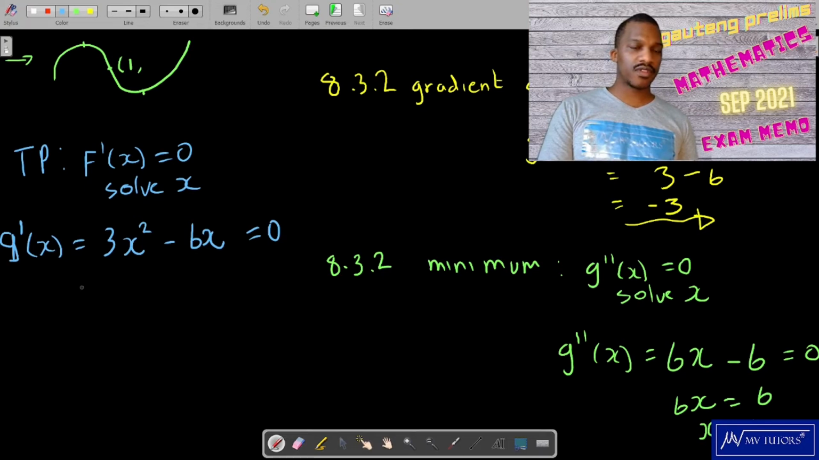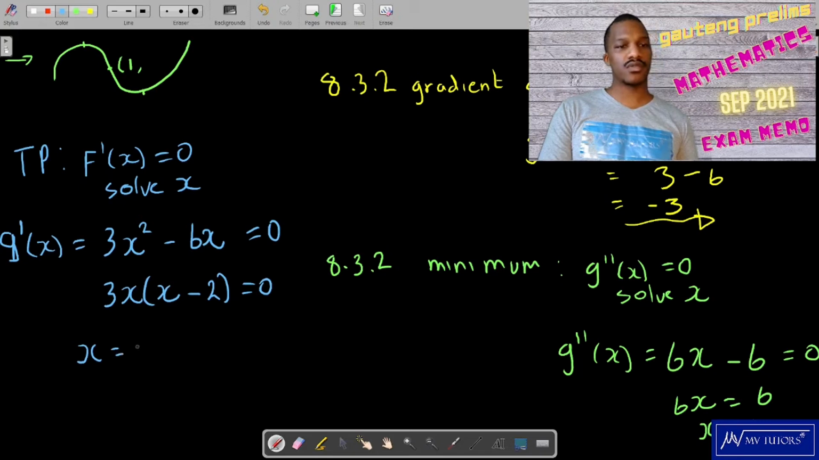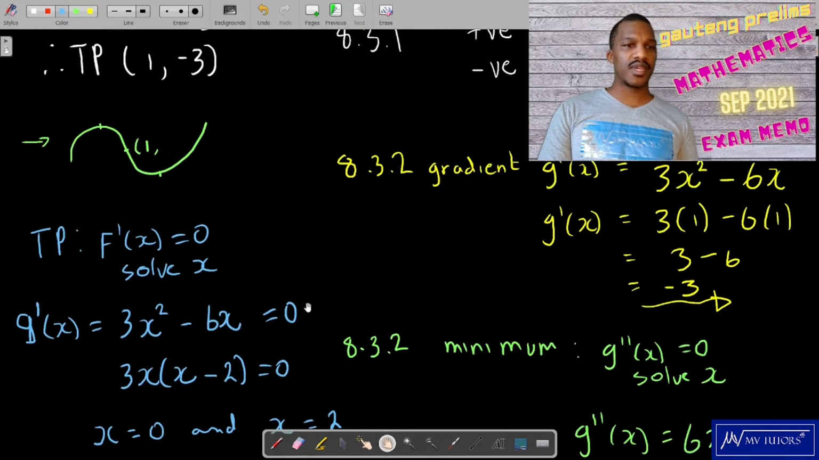So in solving for x here, I'm going to factorize, take 3 out, take x out. Okay, and then I'll be left with x. To get minus 6, I must multiply 3 with minus 2, equals 0. So then I can therefore conclude and say x is equal to 0 and x is equal to positive 2. So what does that mean for my graph then? It means,